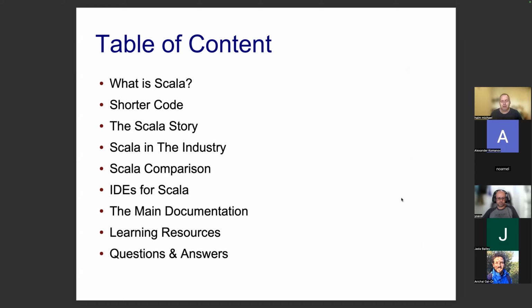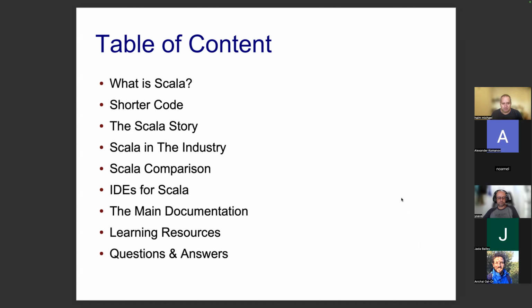Then we're going to try to compare Scala with other programming languages. After that, I will talk about my recommended IDE, not just mine, but after all, everyone's. And when it comes to Scala, we will talk about documentation, additional learning resources, and then conclude with Q&A.